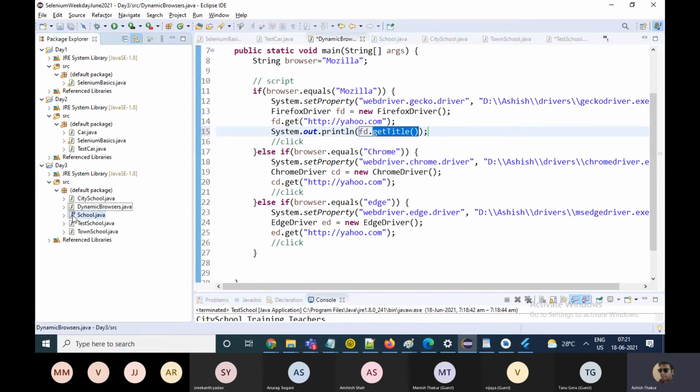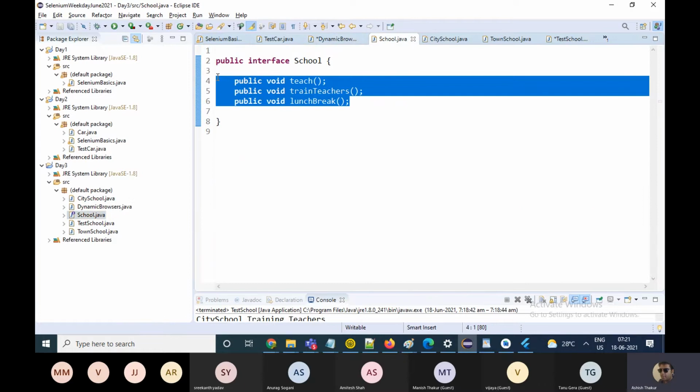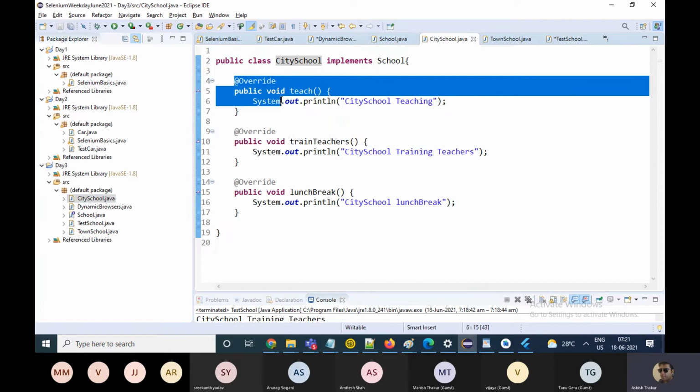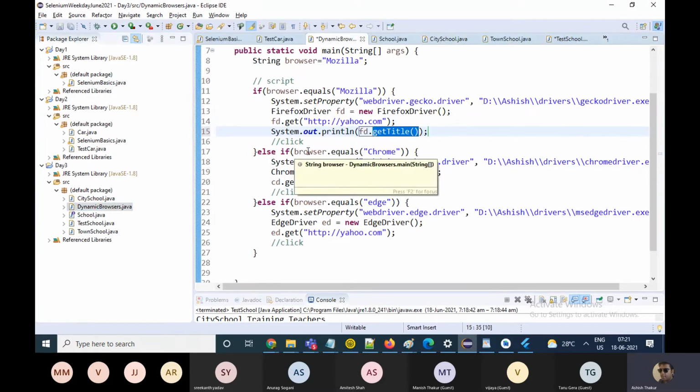Like we had the interface school, which I had made, and from the school interface, you had the functions coming up into the classes. The same concept is there.